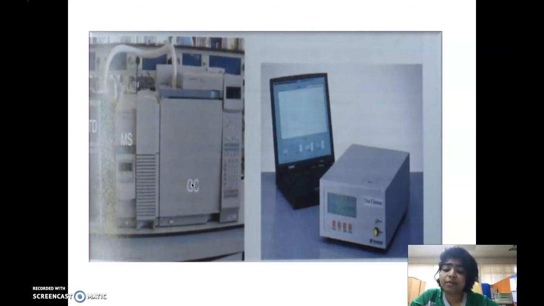TD stands for thermal desorber. This is the TD. It is used to release molecules trapped in the special collector. GC is gas chromatography, which is used to separate the molecules. And MS means mass spectrometer. It is used for identification of the molecules. As you can see in the picture on the right side,